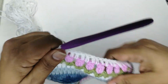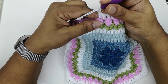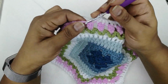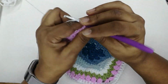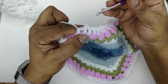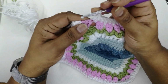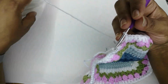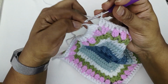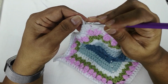Okay, so just a few more stitches and we'll be at the end. So at this point, you can fasten away. You can work the ends in. We're not going to repeat this particular round tomorrow. So I would suggest you work it away, and start with a new color if you are using different colors. So what I want to do now, as we've come to the end and we have a few more minutes to spare, is I want to show you that